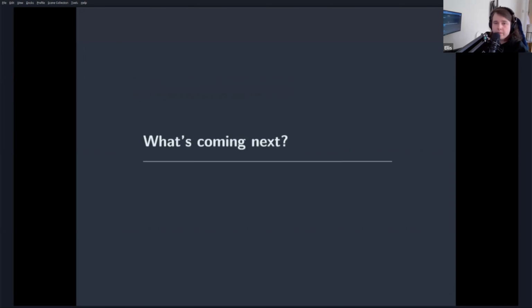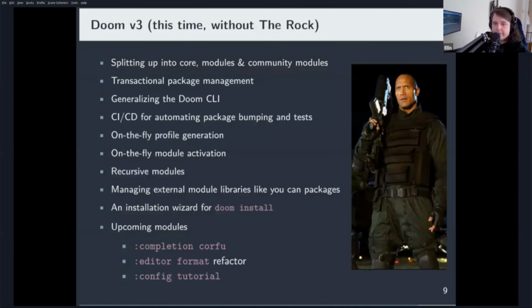So what's coming next? Well, first up, splitting up the core pieces of Doom itself. By nature, it is quite large. People have been asking for some time that they just want certain bits and pieces, just a couple of macros. They don't want to have to pull the entirety of Doom. So at some point, very, very soon, that's going to be split into just the core functionality of Doom itself, a core set of modules, which is pretty much just the current list of modules that we've got, and something